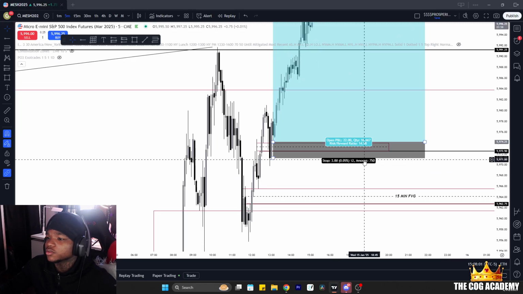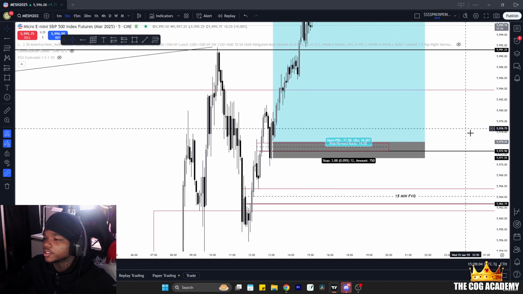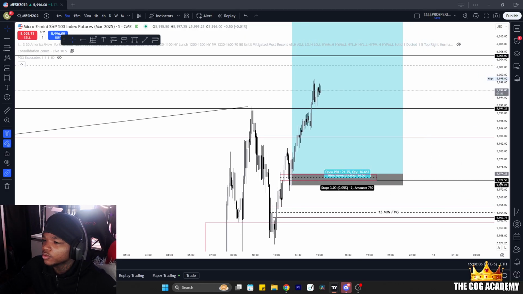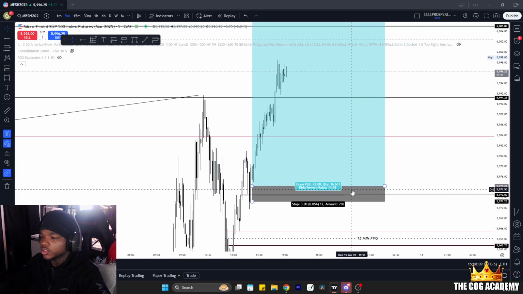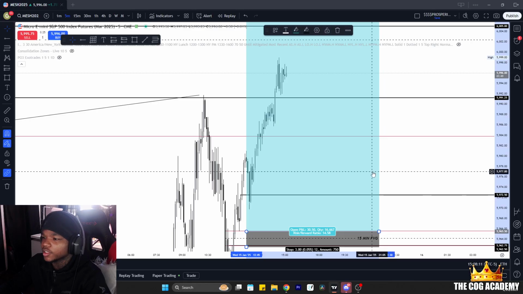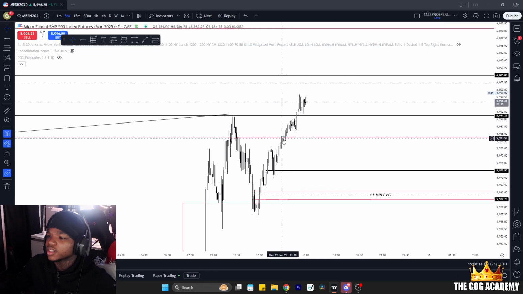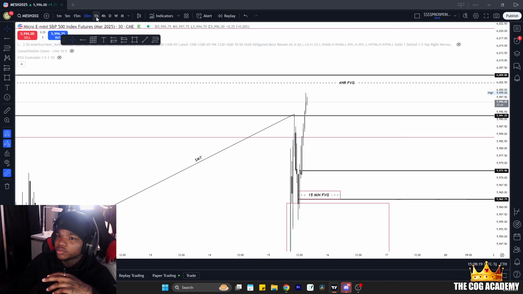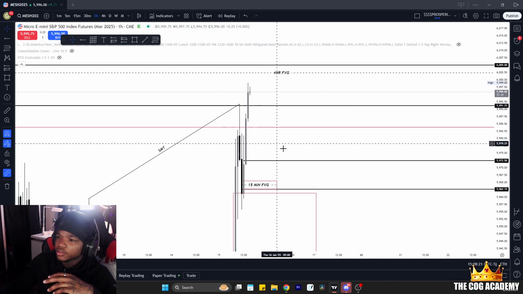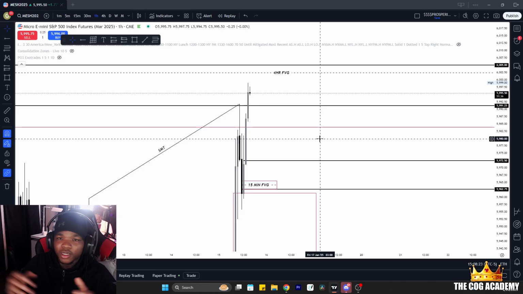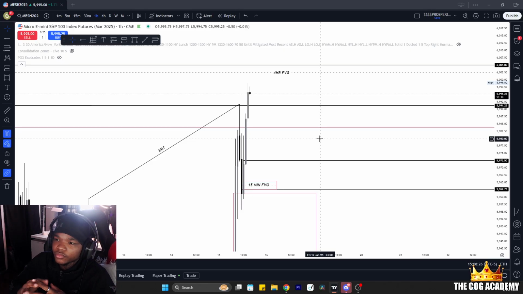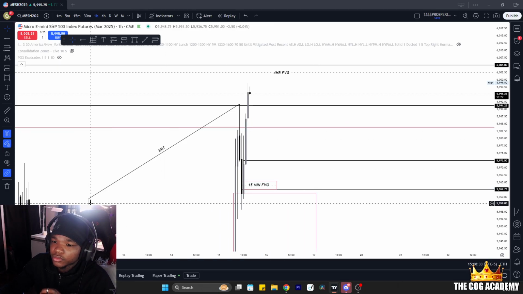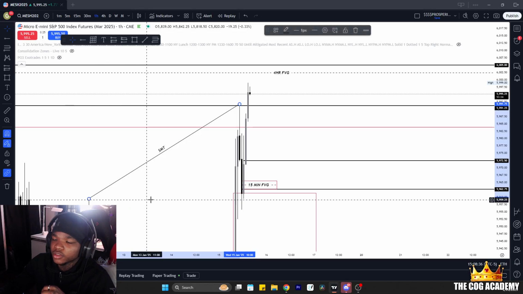So that's what happened. I really wanted to enter down here and then take the long move to the moon. But I ended up missing it. So I was going to play it smooth and say, nah, we're not going to take a trade today. But I said it can retest, I already know that. Look at this bullish momentum, straight to the upside. So I said, a retest and go back up could be cool, but it's all in the name of war. So yeah, that was my bias for the day. Hopefully tomorrow we get a better entry because the trade was there.